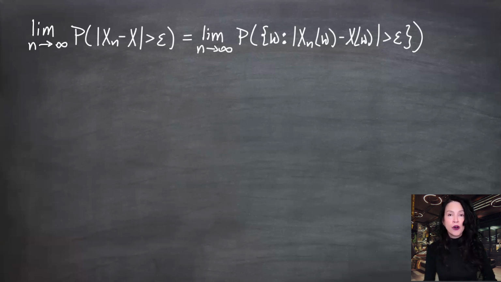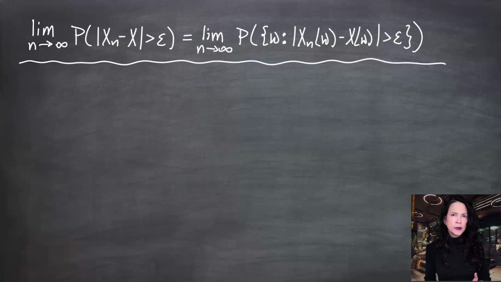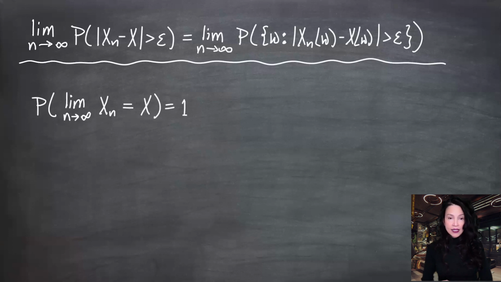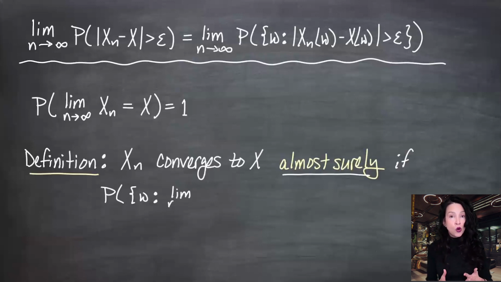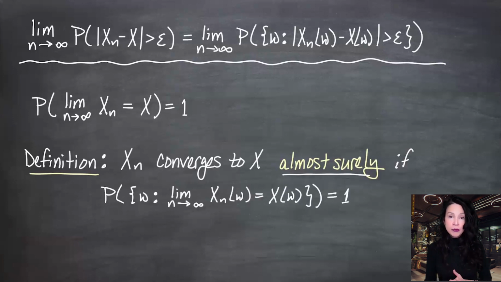Let me define for you almost sure convergence. We already talked about how it doesn't make sense to talk about the limit of xn going to x because they're not numbers and they're random and variable. But we could talk about the probability that the limit of the xn is equal to x. If this is 1, we get this type of convergence that's actually usually written out with the measure theory notation like this. We say that xn converges to x almost surely if the probability measure of the omegas for which the limit of the xn is equal to x